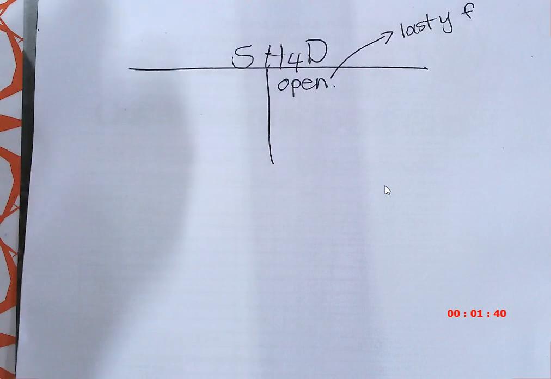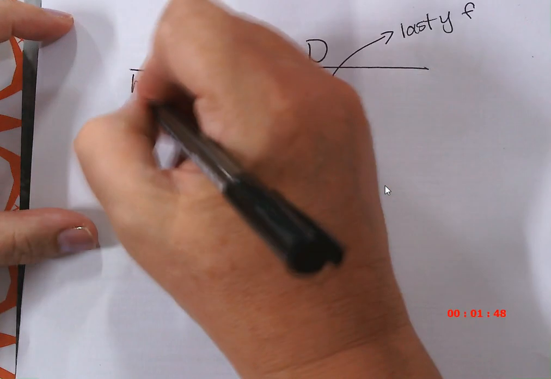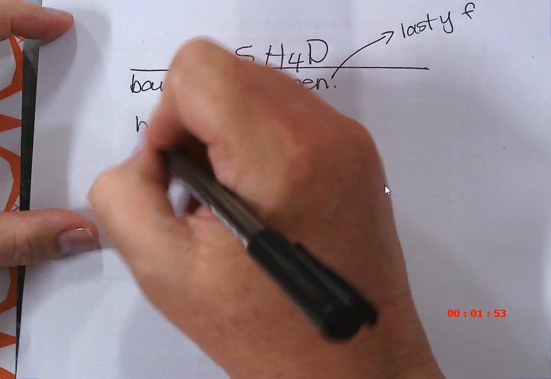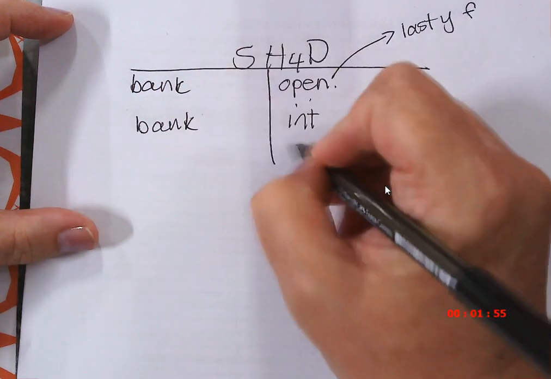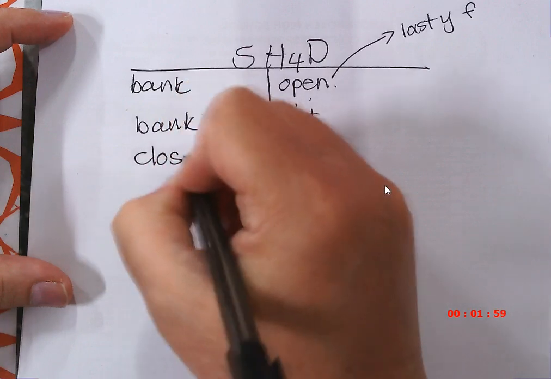You agree with me? Because we never pay the final in the year that we declare it, we pay it the next year. So we have an opening and then we pay. We have an interim and then we pay. We have a final and then we balance. Can you see closing balance,